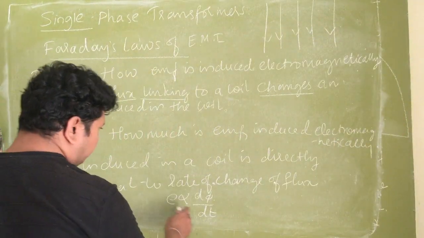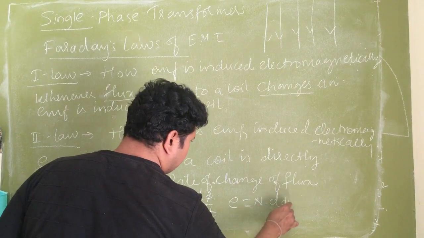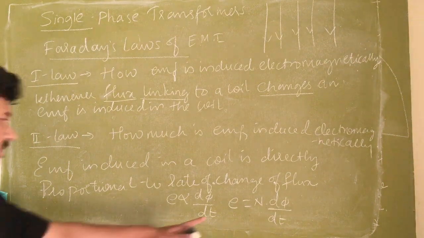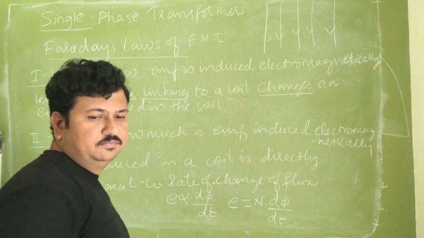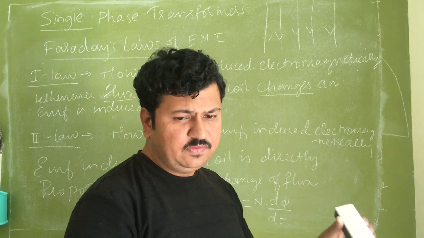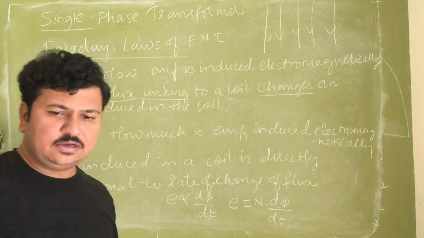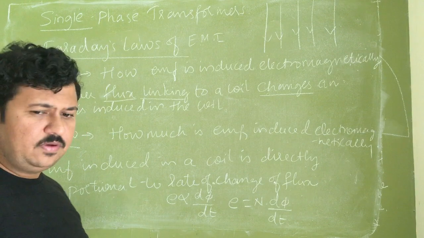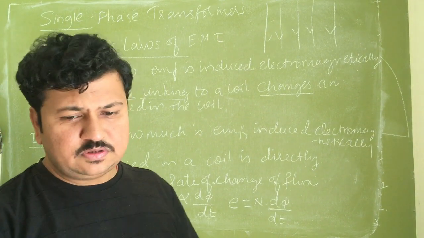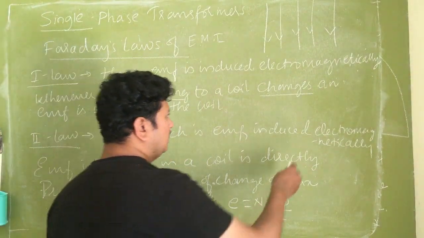And this rate of change, E equals N into d phi by dt, where N is the number of turns in the coil. If there is only one conductor, EMF is induced only in that one conductor. Now if there are a number of turns, each turn will get an EMF induced in it. Since the direction of flux is the same for all the conductors, the EMF induced will be the same in all the conductors, and all the EMF induced in turn,